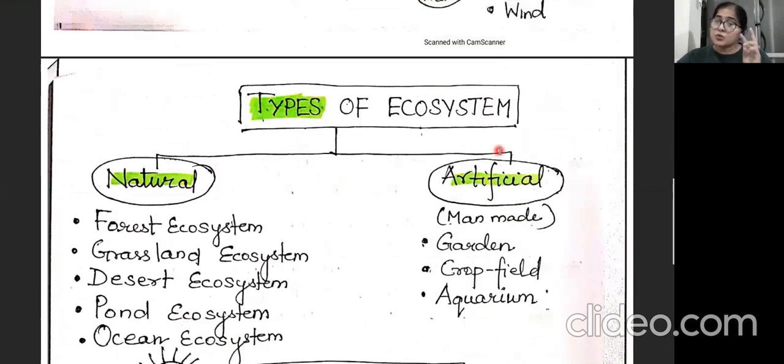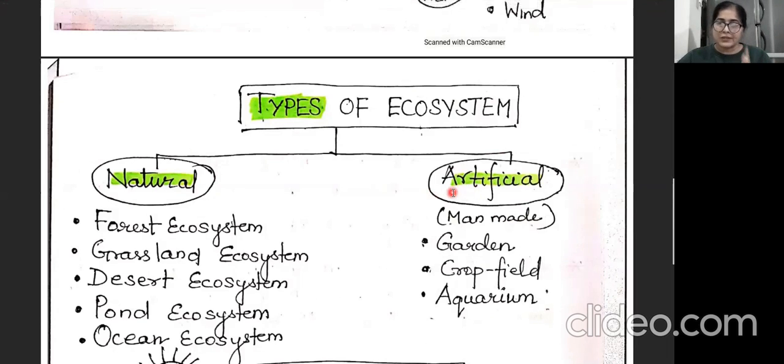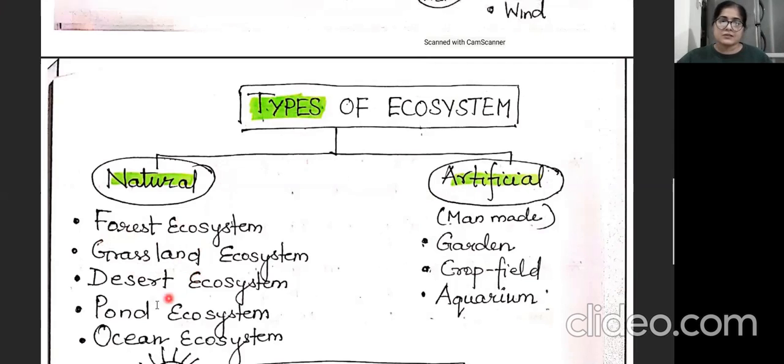Now come to the next, that is types of ecosystem. There are two types of ecosystem: one is natural ecosystem and the other is artificial ecosystem. So what's the difference? Natural ecosystem is made by nature. They exist in nature, and there are a number of ecosystems such as forest ecosystem, grassland ecosystem, desert ecosystem, then pond